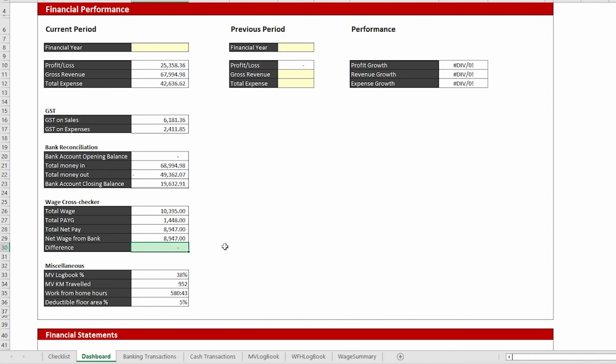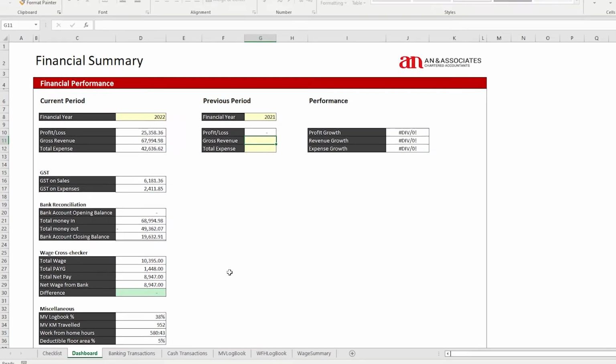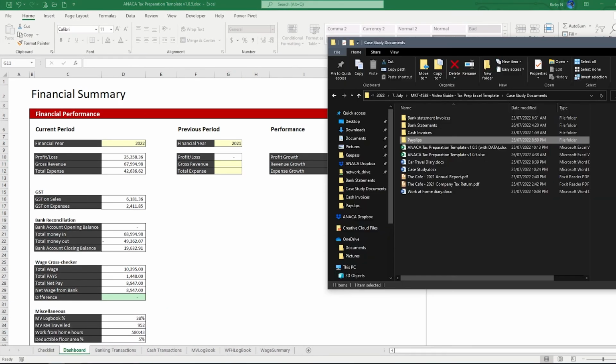So that's some extra cross-checking and auditing that your accountants can use in order to reassure themselves that the numbers are correct. Now let's enter in the rest of the details. So in here, the financial year that we're looking at, the current financial year, is 2022. So therefore the previous year was 2021. So these next numbers would be obtained from your financial report or your tax return in the prior period. That's why you see it's the previous period information. And you can find that in your previous tax return or financial report.